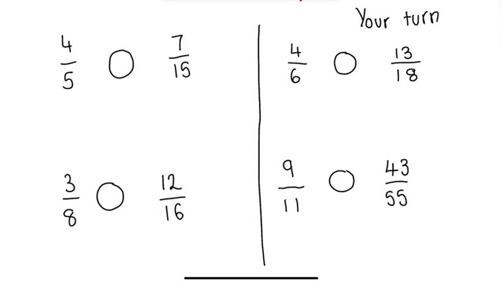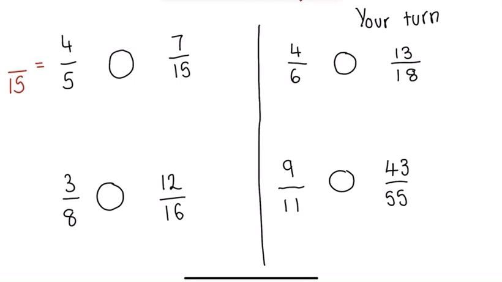Okay, so here we've got 4/5 and 7/15. Now we can't do what we did in the starter because the numerators are different and the denominators are different, so we can't just straight up compare them. What we can do though is if we create an equivalent fraction, we will better be able to compare them. So I've got 7/15. If I make this fraction here also over 15, it should be a little bit easier